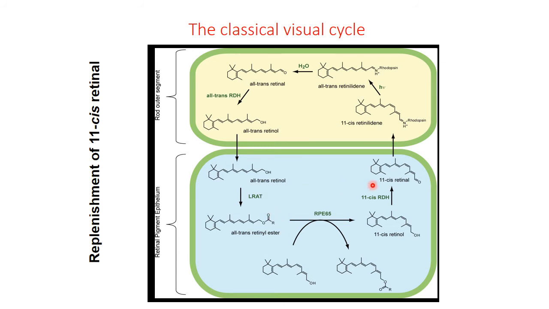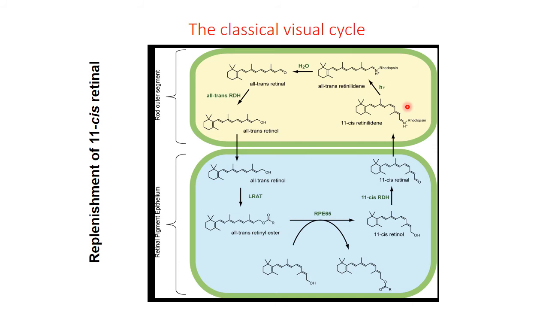All-trans retinol is then transformed back to 11-cis retinal by the action of three different enzymes. One is involved in esterification of all-trans retinol, another is involved in the isomerization, and finally another enzyme oxidizes 11-cis retinol to 11-cis retinal. And then the 11-cis retinal can diffuse back to the rod outer segments and covalently bind to rhodopsin,